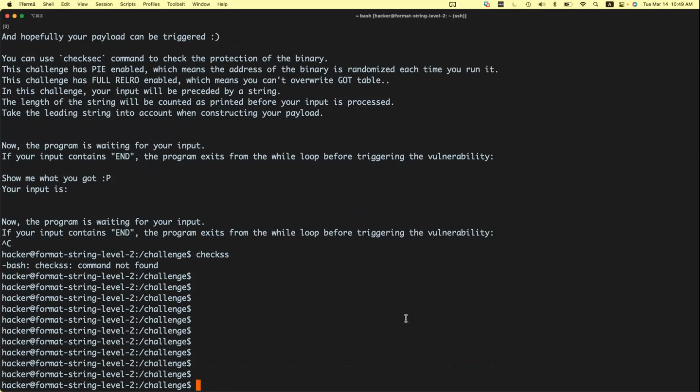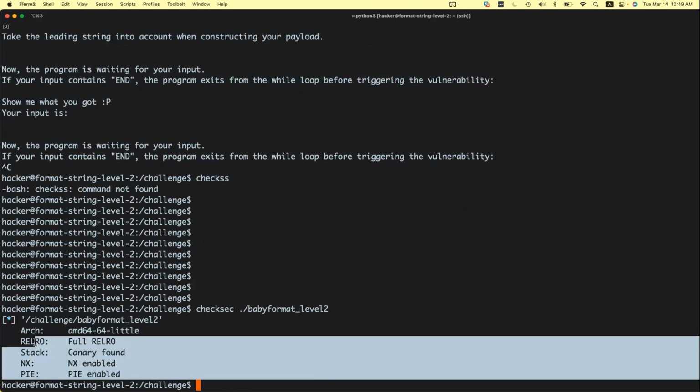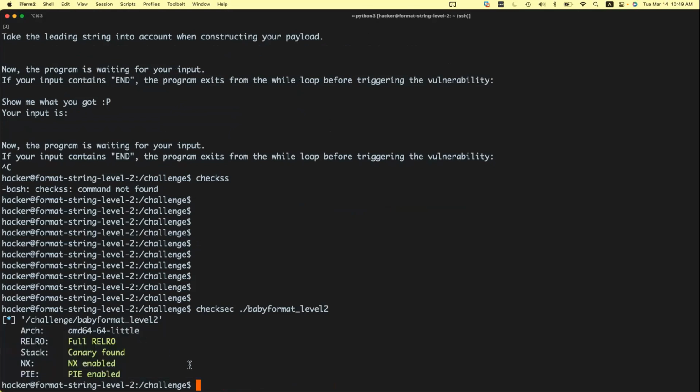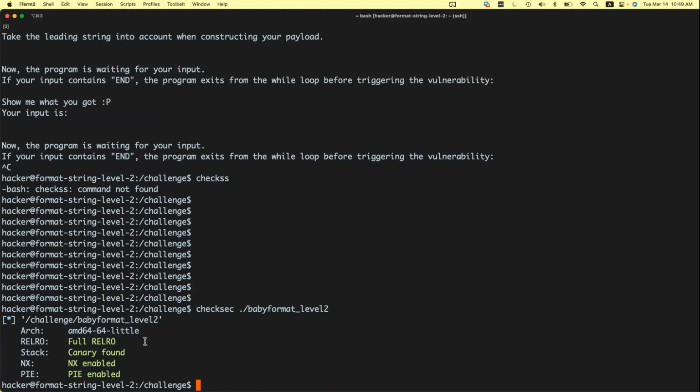Oh, okay. Good. Now it responds. Checksec, right? In this challenge, you will be able to see all the security defenses that have been turned on. I mean, you know about this command from a long time ago. So you know that it tells you it already has full RELRO, and this means that